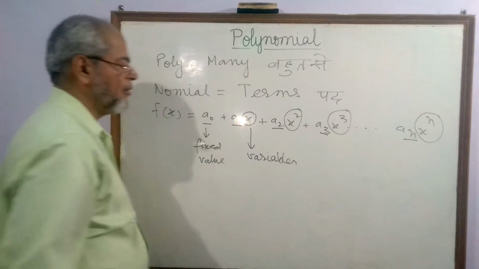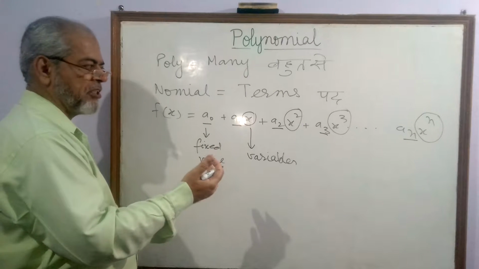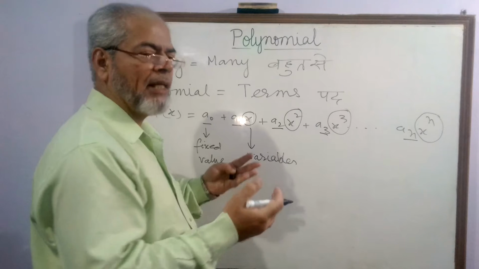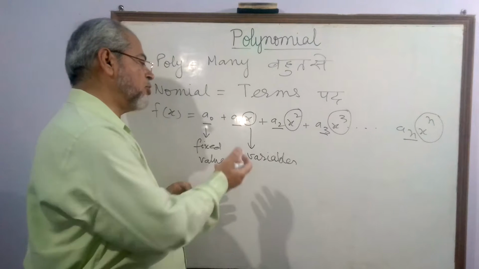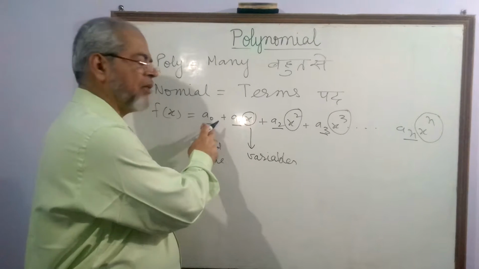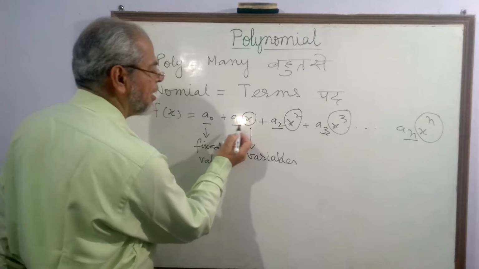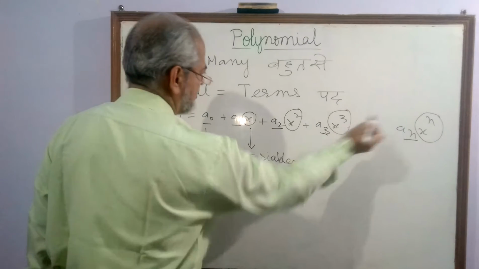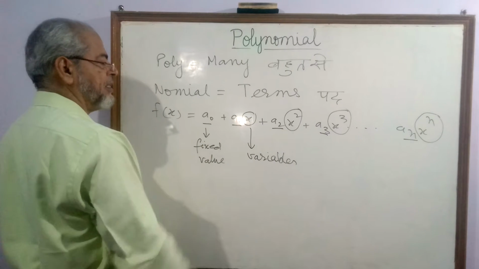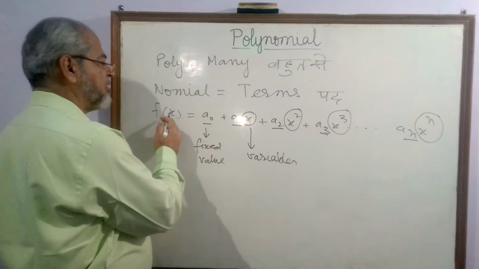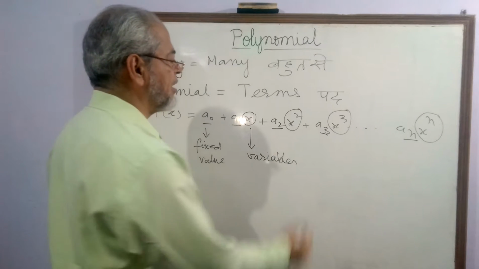What is variable? Variable is the term which can vary, या जिसकी अलग अलग वैल्यूज पॉसिबल हैं, हो सकती हैं, जिसकी कोई भी वैल्यू हो सकती है उसे हम वेरिएबल कहते हैं और जिसकी वैल्यू फिक्स है उसे कांस्टेंट या कोफिशिएंट कहेंगे यहाँ पे। तो इस वेरिएबल के साथ ये कोफिशिएंट्स हैं, यहाँ x सब जगह जो हमने लिया है ये वेरिएबल है, यानी इसकी वैल्यू बदलती रहेगी। अब इसमें हम x की जगह 1 भी रख सकते हैं, 2 भी रख सकते हैं, 3 भी रख सकते हैं, because this is a term which we have assumed